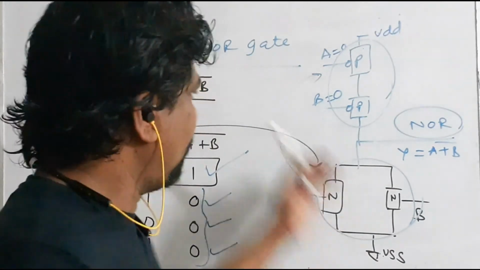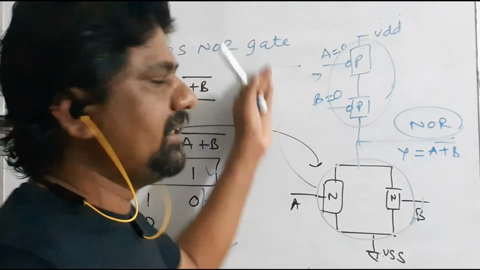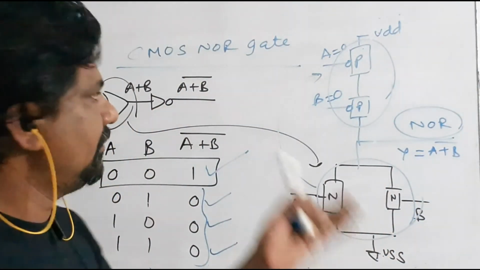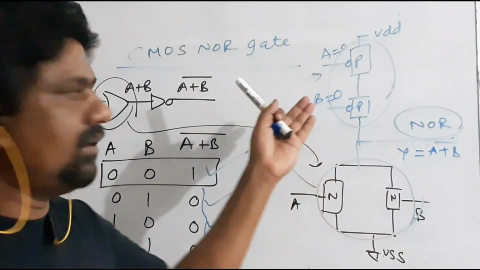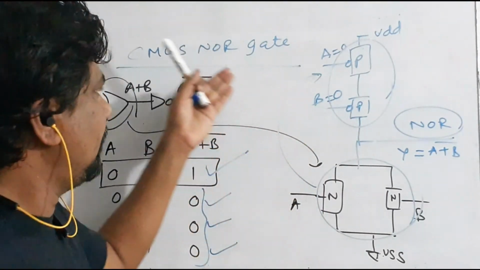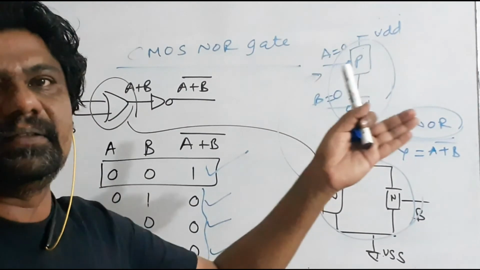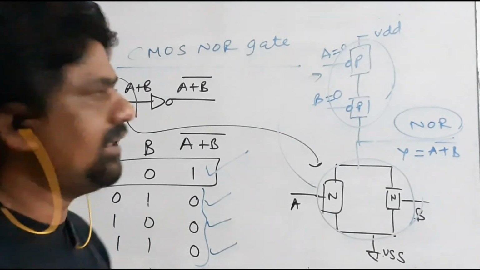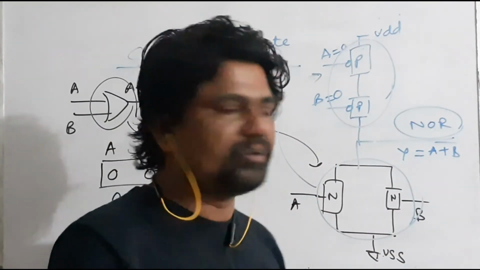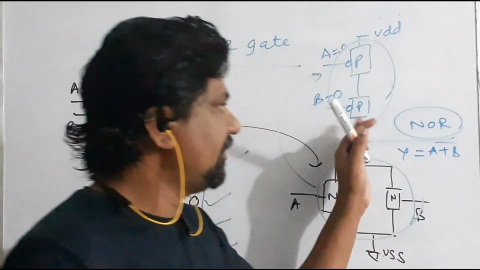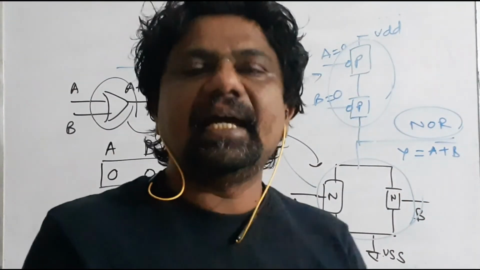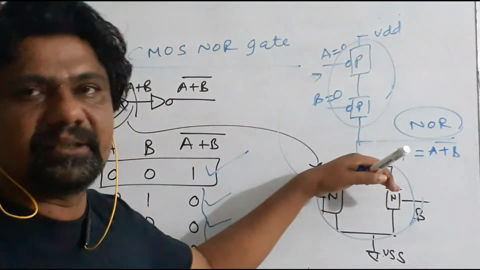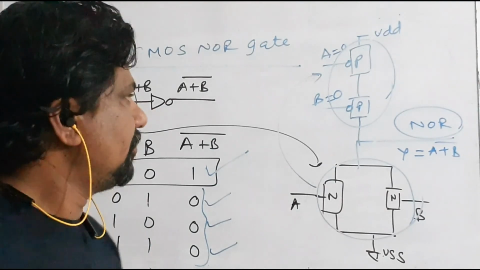Correct? So by using this kind of logic, we'll be able to design any kind of gate, that is XOR gate, XNOR gate, then AND gate, OR gate. We can implement a multiplexer. We can design a transmission gate. We can design a positive level sensitive D-latch, negative level sensitive D-latch, positive edge triggered flip-flop, negative edge triggered flip-flop. So you can try that. In the next session, we'll try to understand latch versus flip-flop, the internal structure of CMOS, the structure of a latch, and the internal structure of a flip-flop. So I'll stop here. Thank you very much.